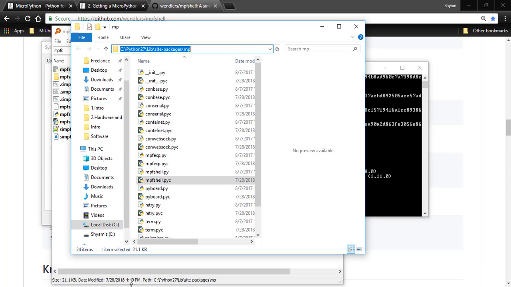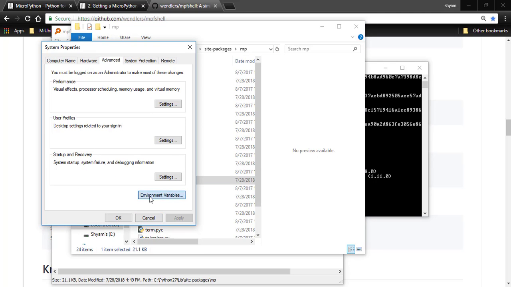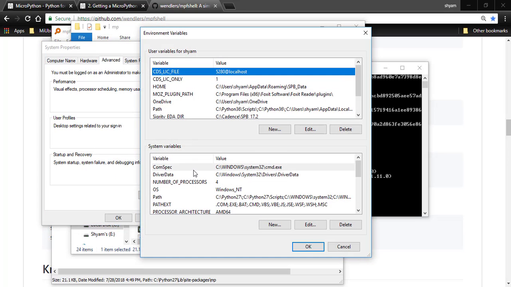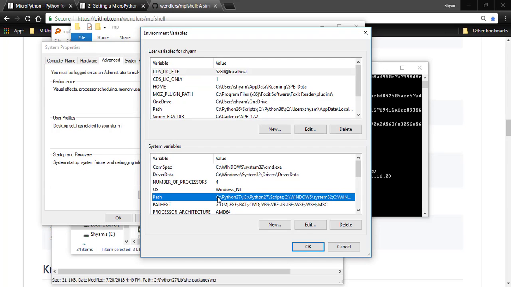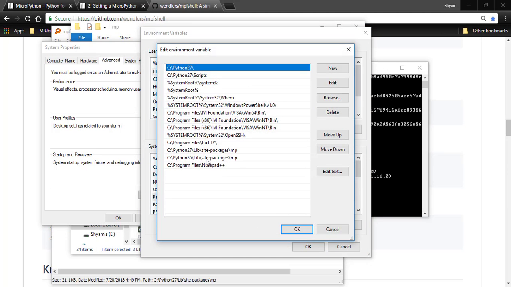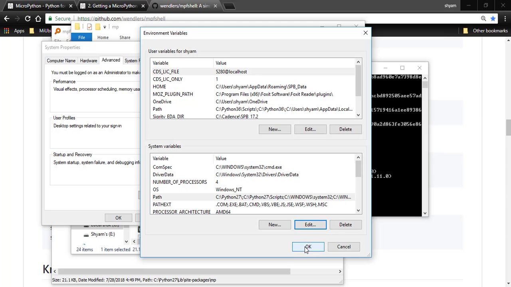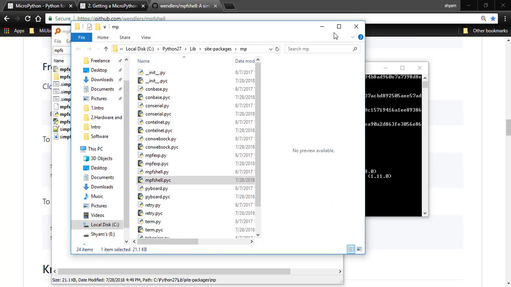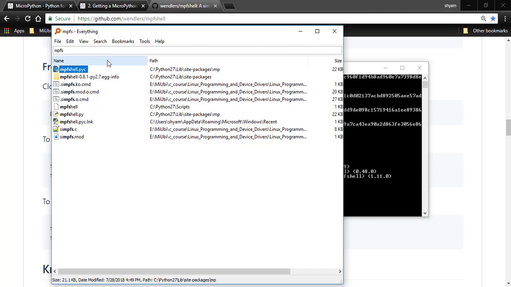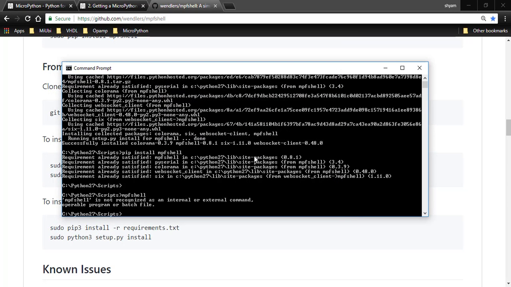and I'll go to the system environment variables and you will find a variable called path. This is the same path variable where we have added our Python 2.7 also. I already added it. I just click on OK. The only mistake I have done is I should have entered mpfshell.pyc.